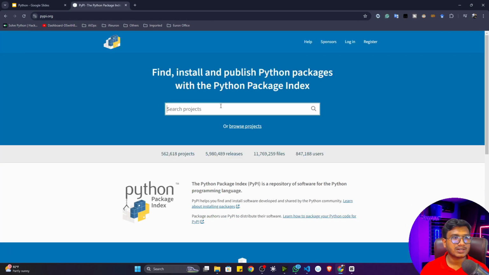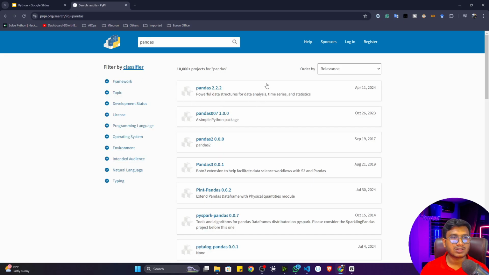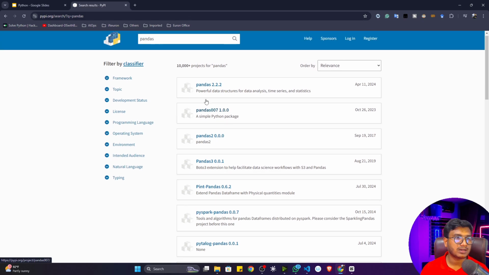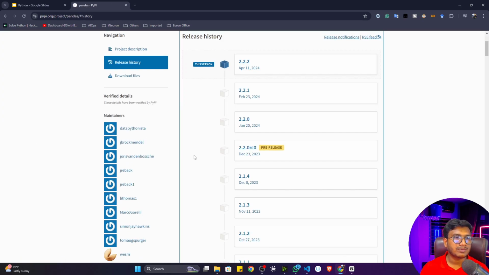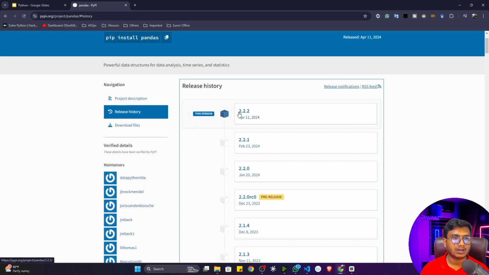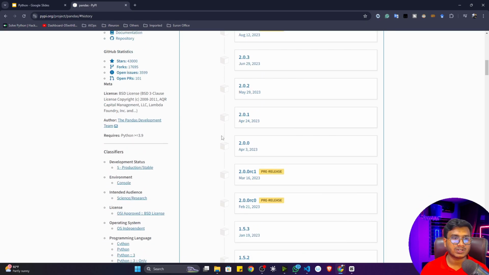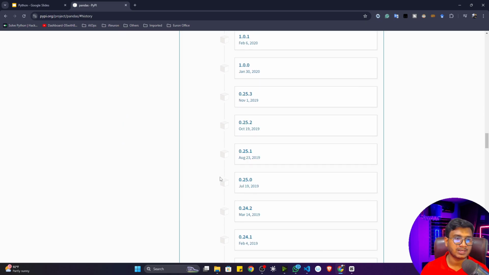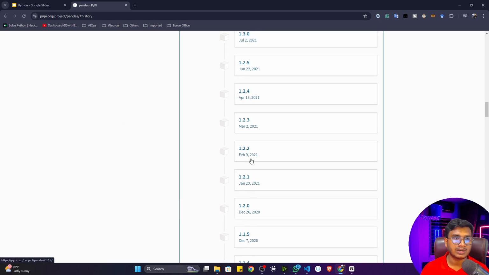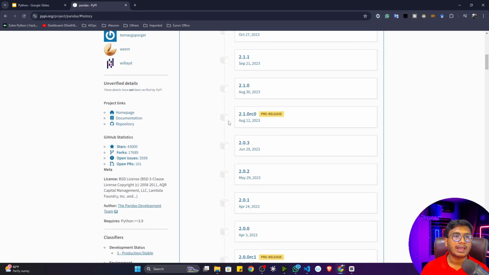Now if I go to the website, let's say I want to install one library called pandas. Pandas is one of the libraries for data manipulation. Now you can see pandas here. If you go to the release history, the current version they have updated is 2.2.2. It also has some previous versions, like 2.0.0, and so many versions you can see here. And the release dates as well, like 2019, 2020 and 2021 they have released, and